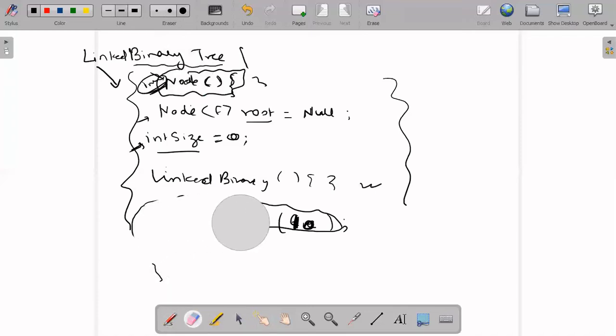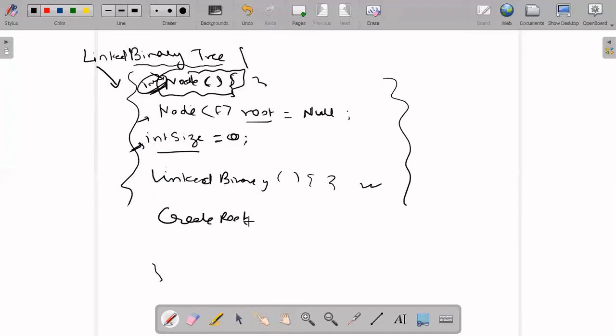So let me remove this one, and I can write one method, and that method will be createRoot. This will be taking one element.